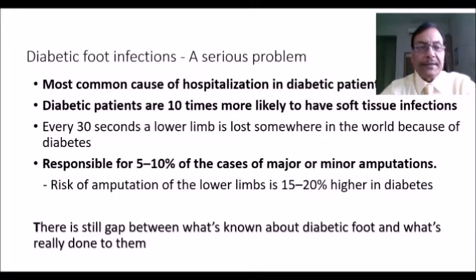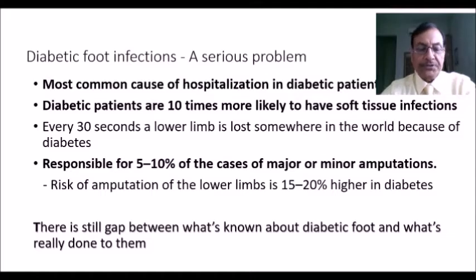Why? Remember, diabetic foot ulcers are the most common cause of hospitalization in diabetic patients. Diabetic patients are usually 10 times more likely to have soft tissue infections. Remember, every 30 seconds, a lower limb is lost somewhere in the world because of diabetes. Also, diabetic foot ulcers are responsible for 5 to 10% of cases of major or minor amputations, and the risk of amputation of the lower limb is almost 20% higher in the